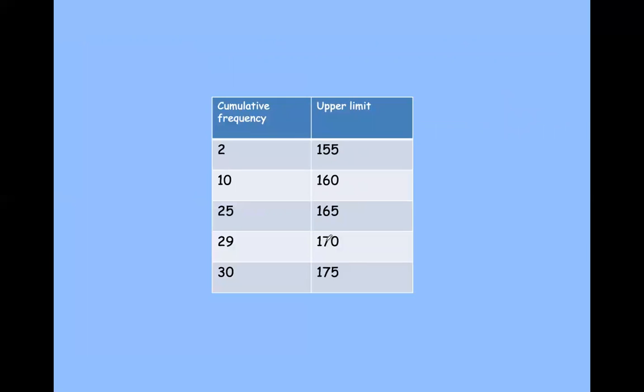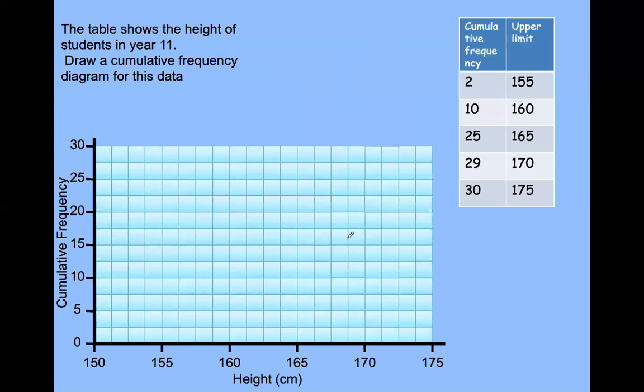And here what I've done for you, I detached the cumulative frequency and the upper limit because these two are the values that you are going to use to plot the points. And actually the upper limits make the x of the points, and the cumulative frequency makes the y. So you always label the vertical axis, or the y-axis, as cumulative frequency, and the horizontal axis, or the x-axis, as the upper limit. And then you just place those values just like me here. So this is the x-axis and this is the y-axis. Place the values carefully